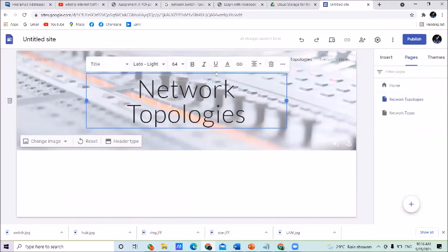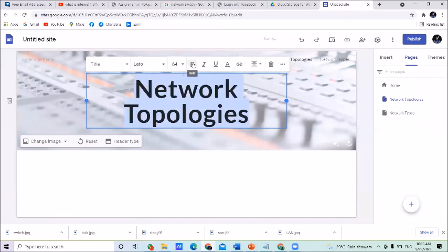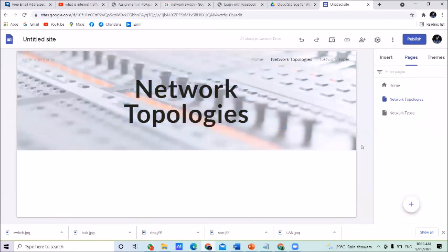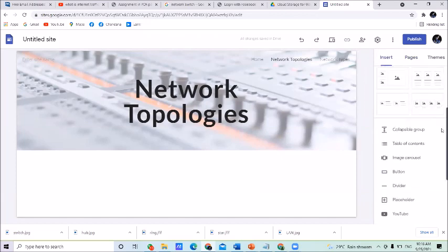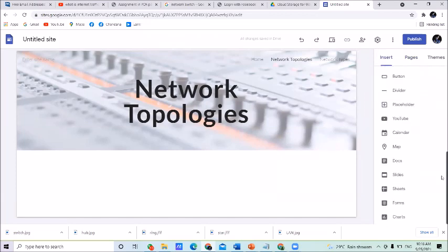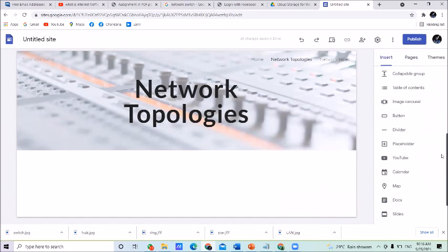Again, you can make changes to the title, and if you want, you can change the settings. Right. Then similarly, you can add a picture and the description. Or if you like, there are some options here under insert. You can use these options. If you want to earn more marks, then use these options. You can add videos from YouTube, calendars, maps. Right? These are the other facilities you can use with Google Sites.